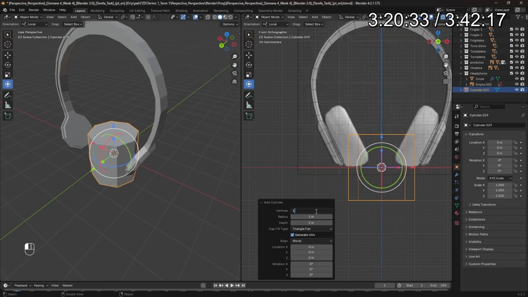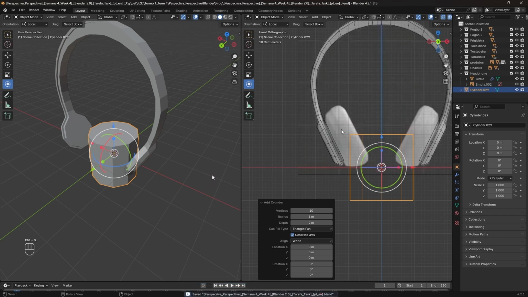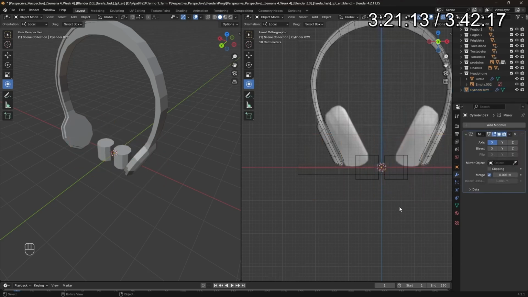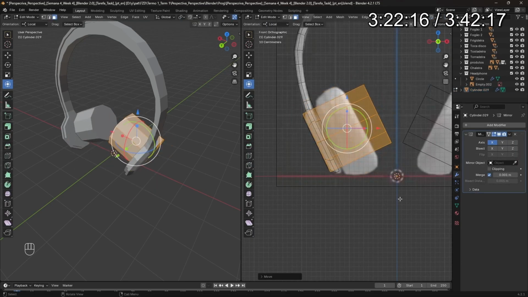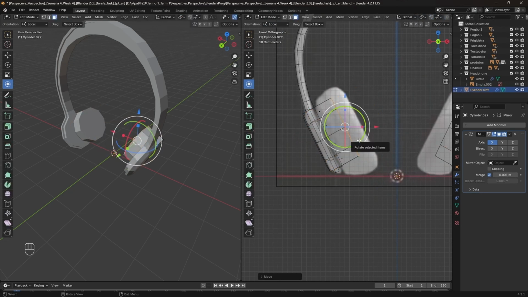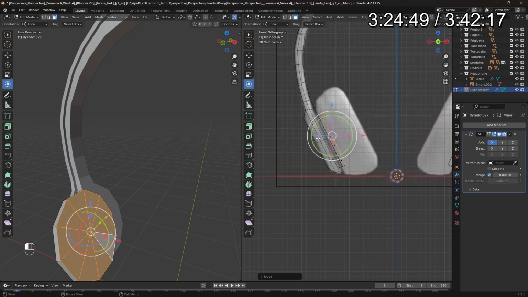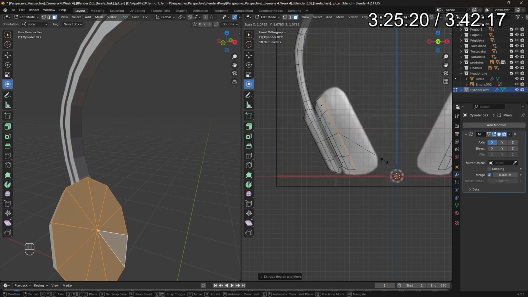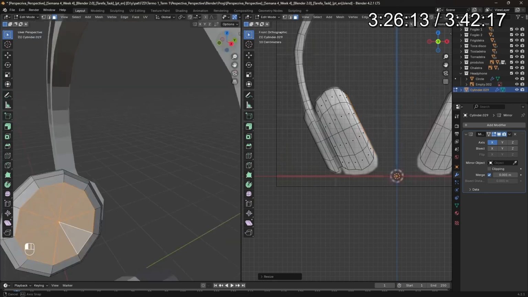So after that, the idea was to do this other structure over here. So to do that, I just added a new cylinder. I rotated it, I used the mirror modifier again, and I positioned it over there. The idea was just to extrude the thing, scale it, and position it the way that I wanted, and just doing the extrusion, scaling, intersecting the faces,